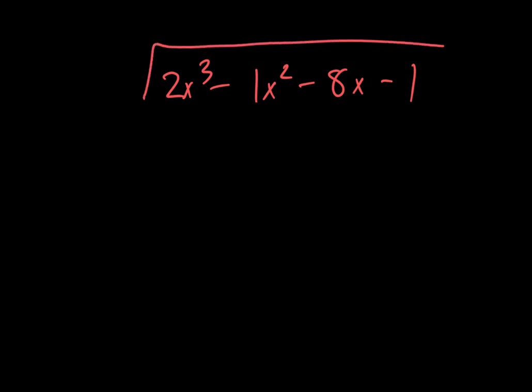If I had to do that by long division, let's see, the 1. So it was 2, 1, 8, 1. So 2x cubed minus 1x squared, minus 8x minus 1. I think they're all minuses. So if I were to do it longhand, divided by x minus 2,